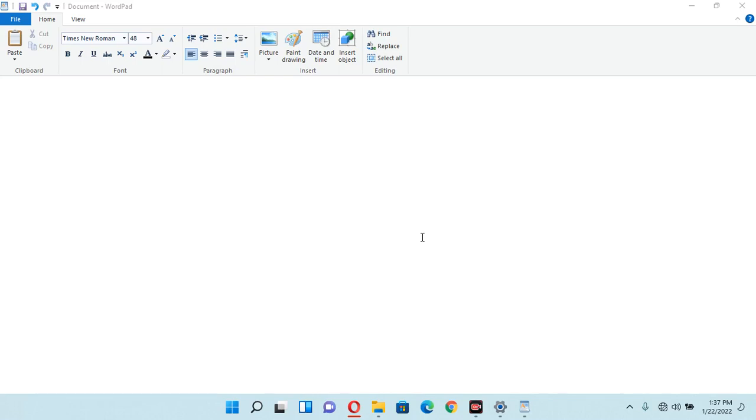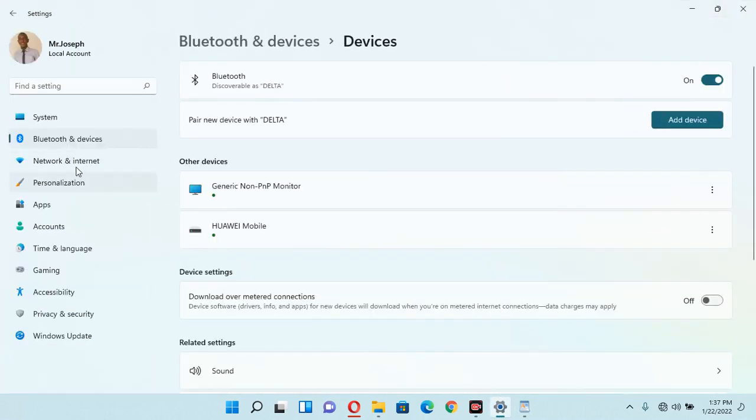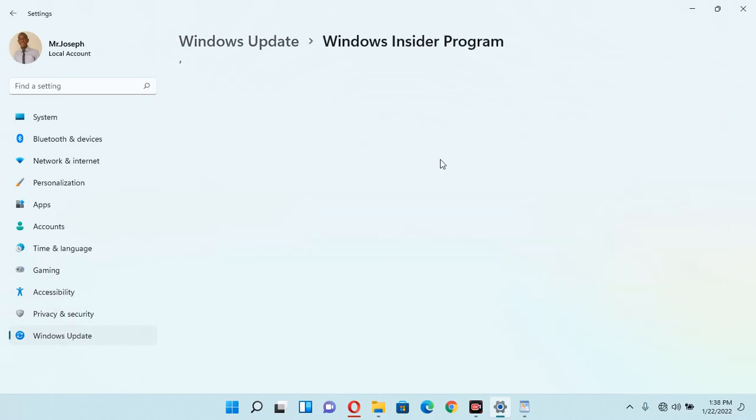For instance, when I navigate through my settings options and go to Windows Update, you see here there is Insider Program. They are going to give me a message which is showing me to connect to the internet to view this page. So yes, they said to connect to the internet to view this page. When I connect to the internet to this page,